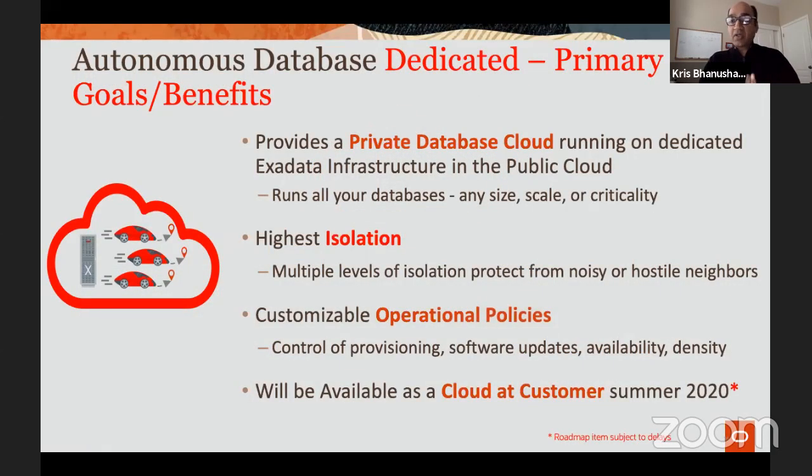And so my focus in this particular webinar today, since I've talked about database fleet modernization, which is management of your entire database fleet in the organization, and how you manage it more efficiently and better, I'm going to focus on the dedicated service because I think that's where the value is for fleet modernization.